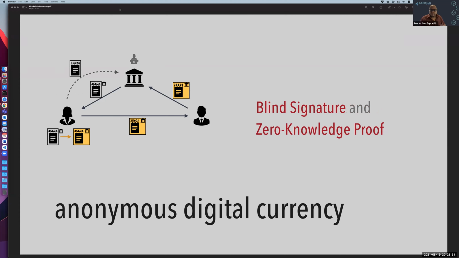It's anonymous digital currency. It's based on a design that uses something called zero knowledge proof. Somebody mentioned zero knowledge a little bit back. So there's a zero knowledge proof involved in this, and also something called blind signature. I'm not going into the details of it, but just to grasp the story, think of your digital currency to